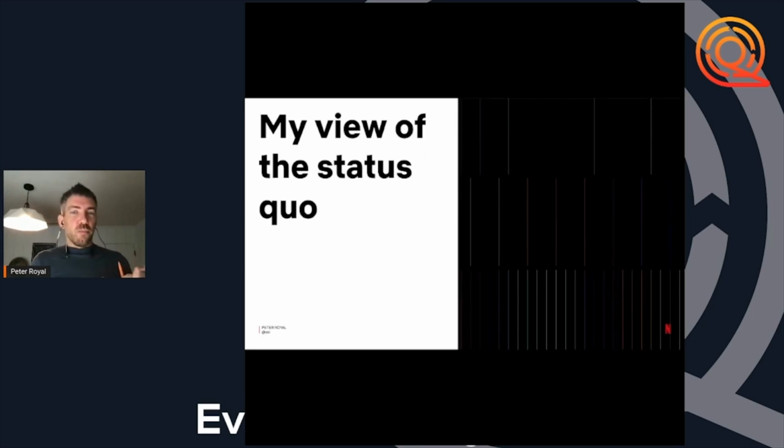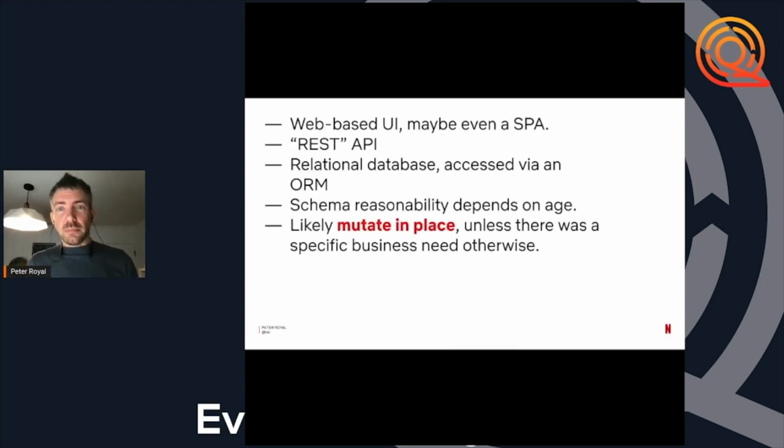So my broad perspective on the status quo of many of these types of business applications, and this is very biased from my opinions and observations, but I hope that some of this will resonate with what you've observed as well. So many applications have now moved towards web-based UIs, maybe even single-page applications.